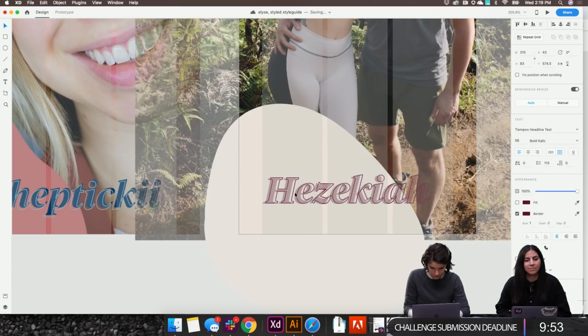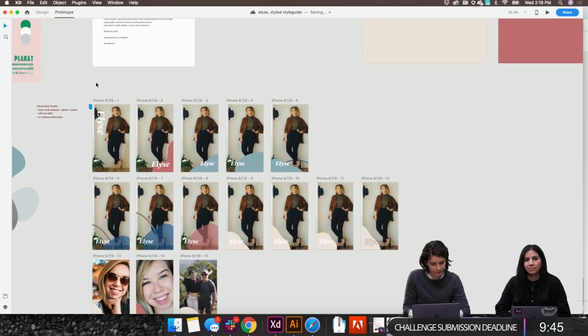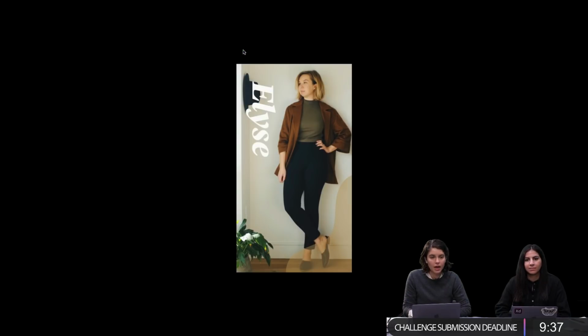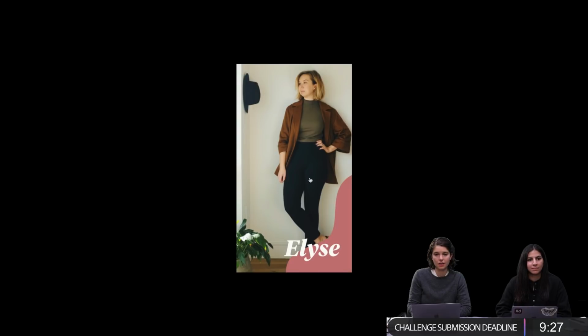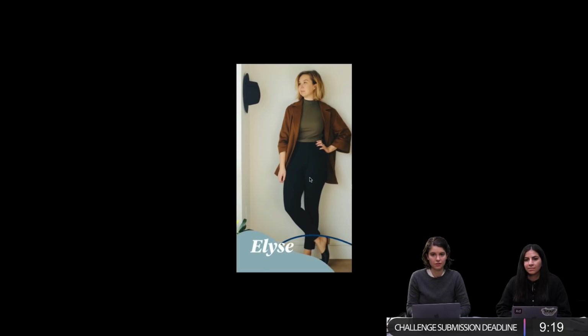Masrur is asking if I can play it again. Sure, one sec. So this is not mocked up to be a prototype, but just showing this as an example of auto animate as a way to bring your XD prototypes to life. I'm just clicking and then it's taking me to the next slide, but it's animating those differences. There you go.